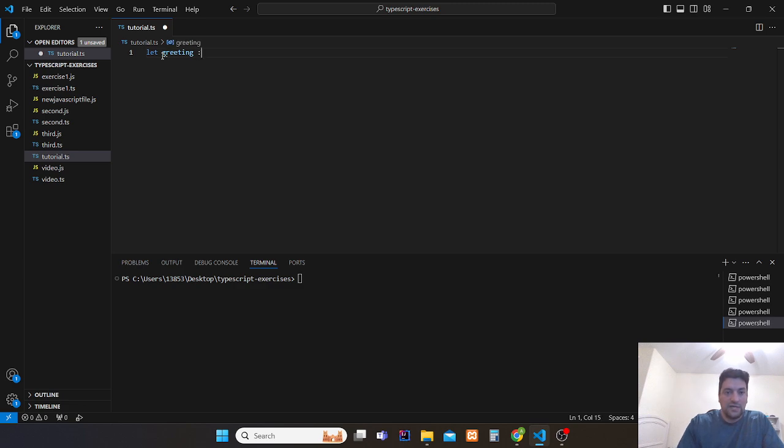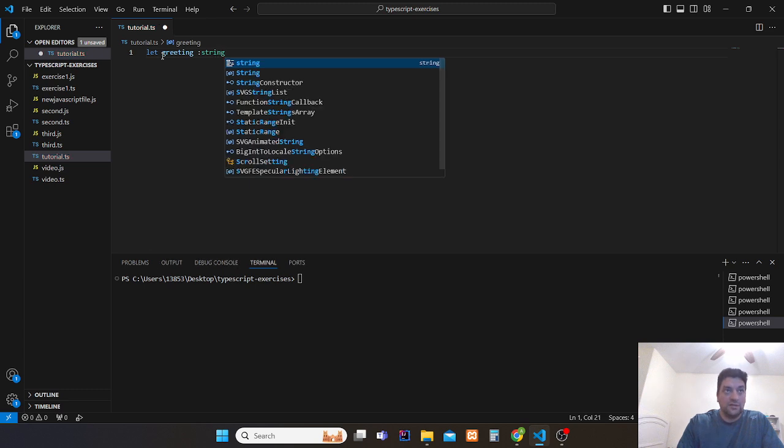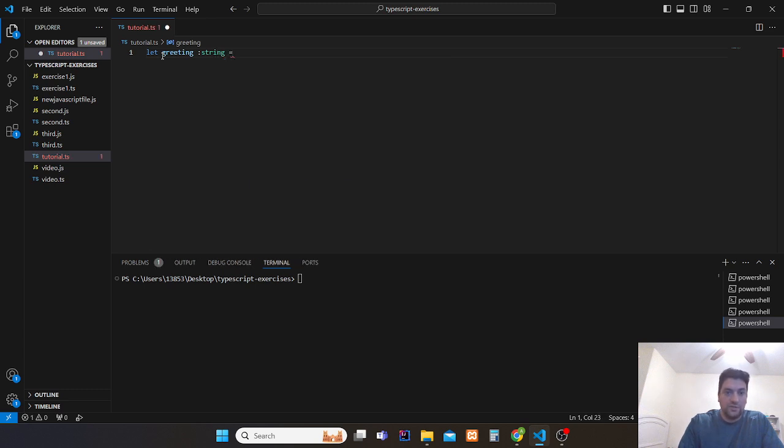At this moment I can create a variable, but the difference is that I have to assign the type of variable this will be. So I'm creating a variable that is greeting, but I'm telling it that it will be of type string. So whenever I start writing something, it will let us because I assigned it a string.